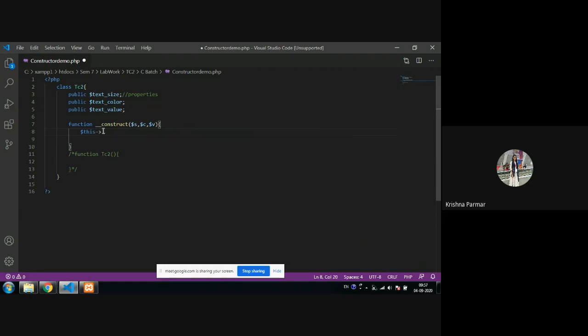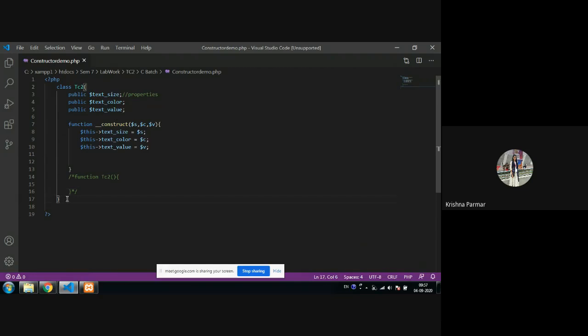So this, then arrow, then text size is equal to dollar s, then text color is equal to dollar C, and text value is equal to small v. This way we are creating the constructor and assigning the values.